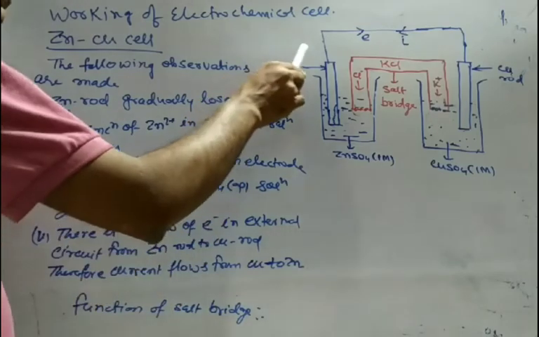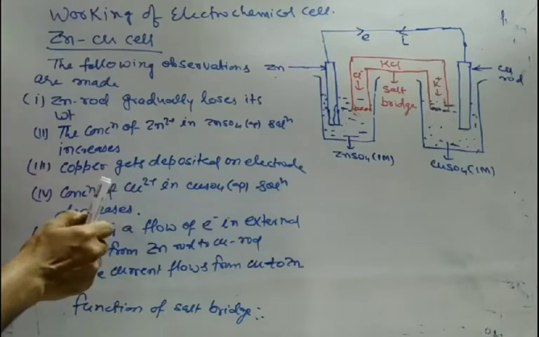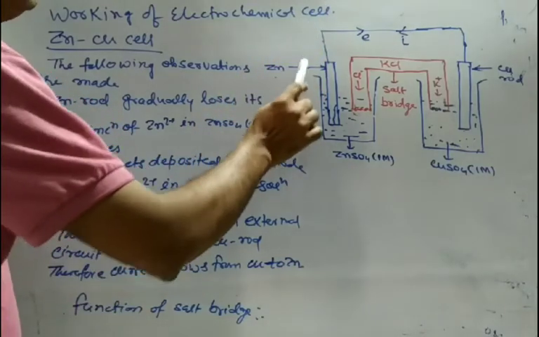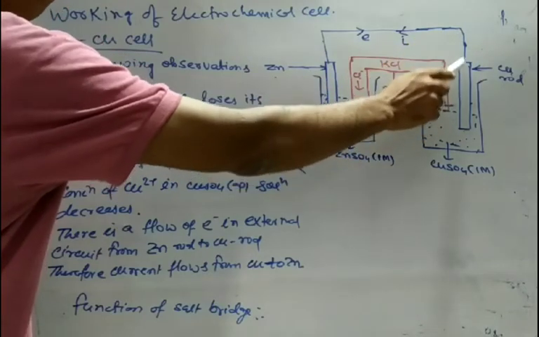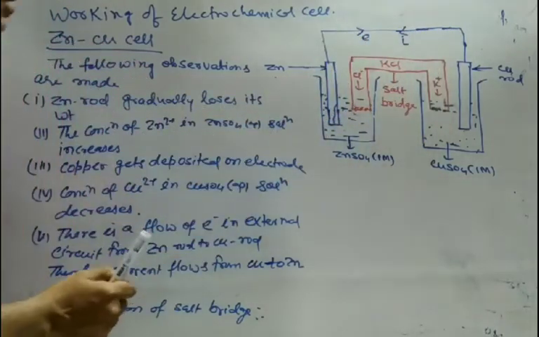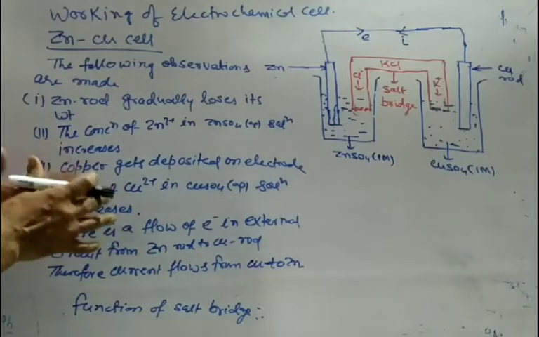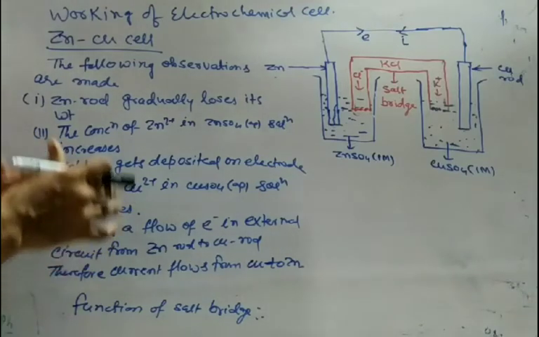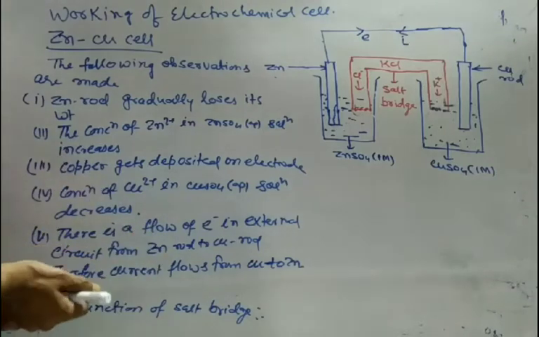And we observe when these two rods, copper and zinc rods, are connected by a wire, the electron flows from zinc to copper and current flows from copper to zinc. Okay. Now the question is, what is the working of the cell? What reactions take place? How is the chemical energy converted into electrical energy?